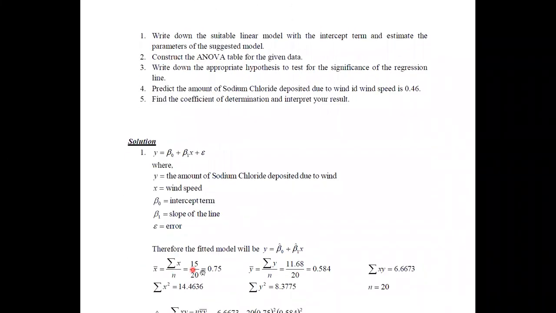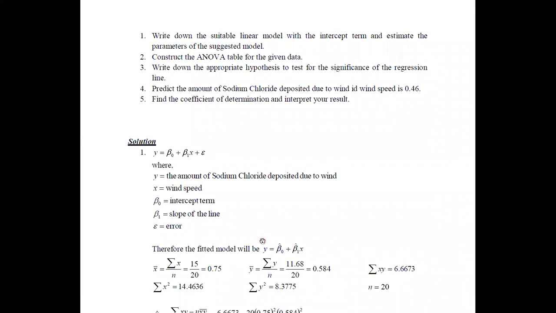Here we had 20 records, so the total divided by 20 gave 0.75. I did the same procedure for the y variable, and y bar is 0.584.